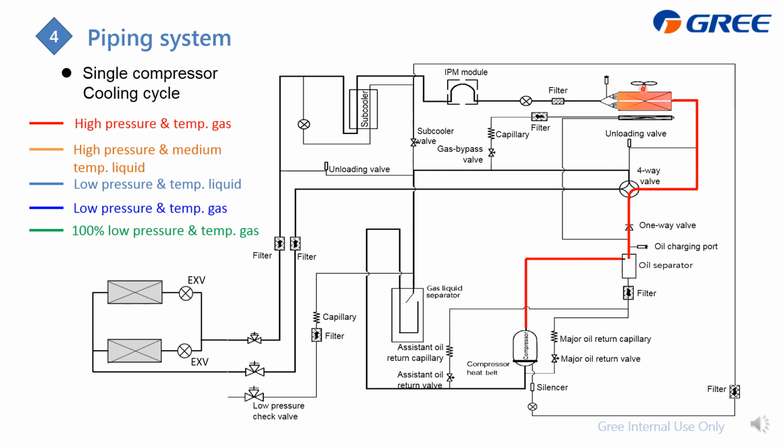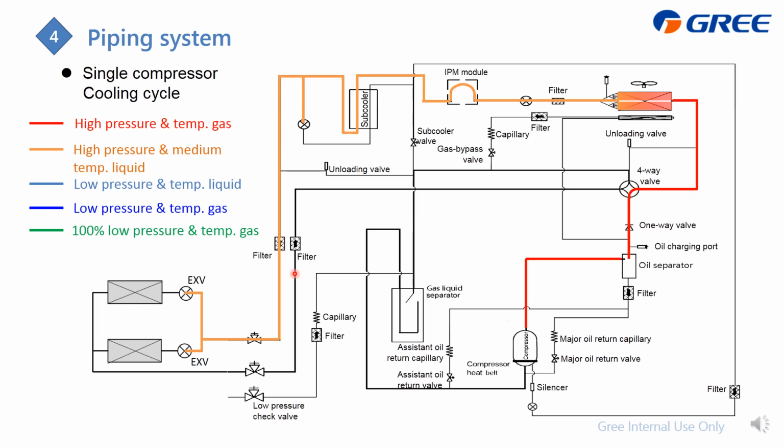Then the refrigerant becomes high pressure because there's no expansion or EXV to control the pressure, so the pressure will be high. But the temperature, as we release heat, goes from high to medium. But it has already become liquid. Then it gets through this EXV and IPN cooler to cool down the compressor and gets through this subcooler. Later I will analyze how it operates.